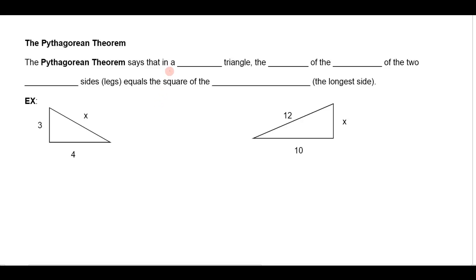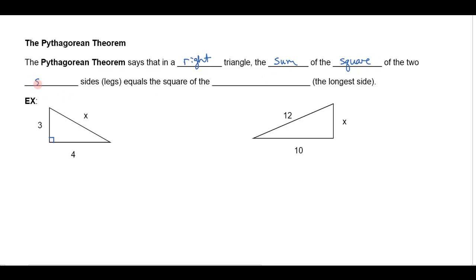Hi everybody. In this lesson we want to review the Pythagorean Theorem. Now the Pythagorean Theorem says that if you have a right triangle, which means that there's a 90-degree angle for one of the angles there, and if you have a right triangle, then the sum of the squares